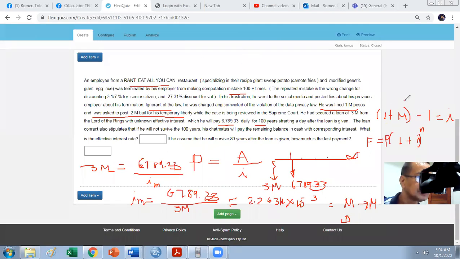Daily pala yung ano. My mistake is, it's not monthly. This is daily pala to, no? So let me just erase this. So 1 plus n to the 360 minus 1. And that is 1 plus n to the 360 minus 1. The answer is